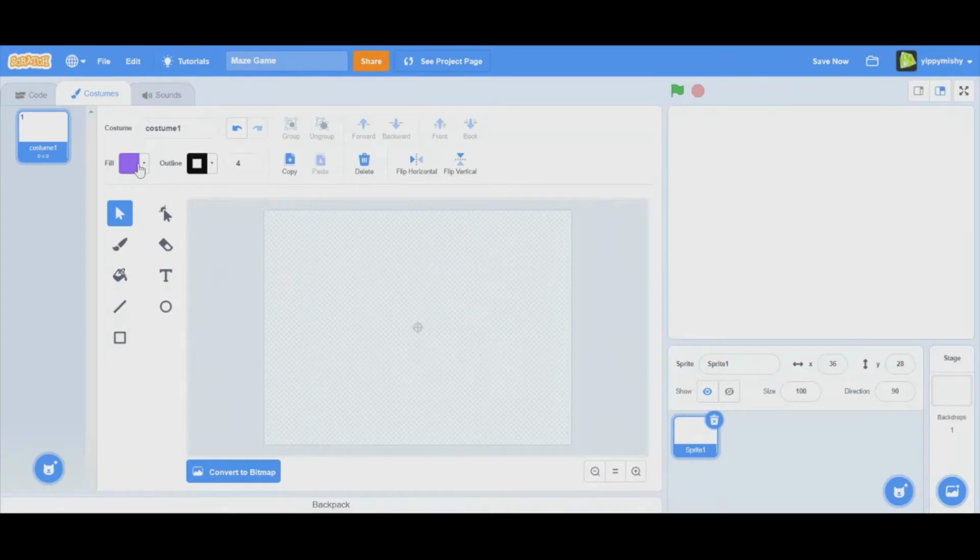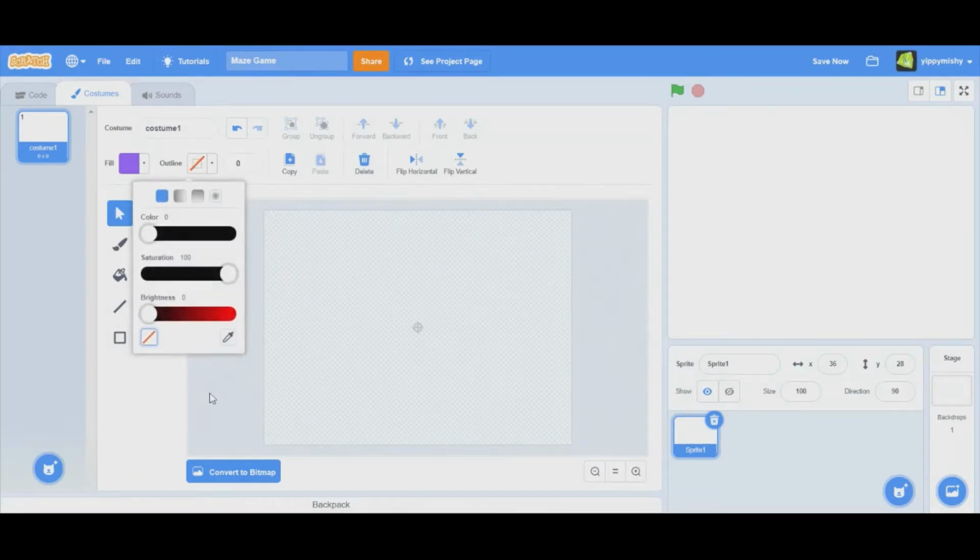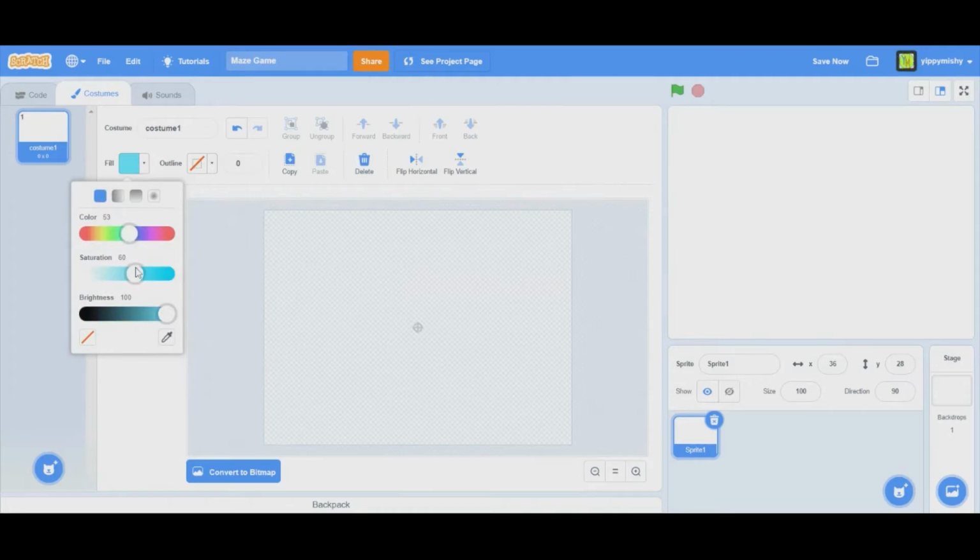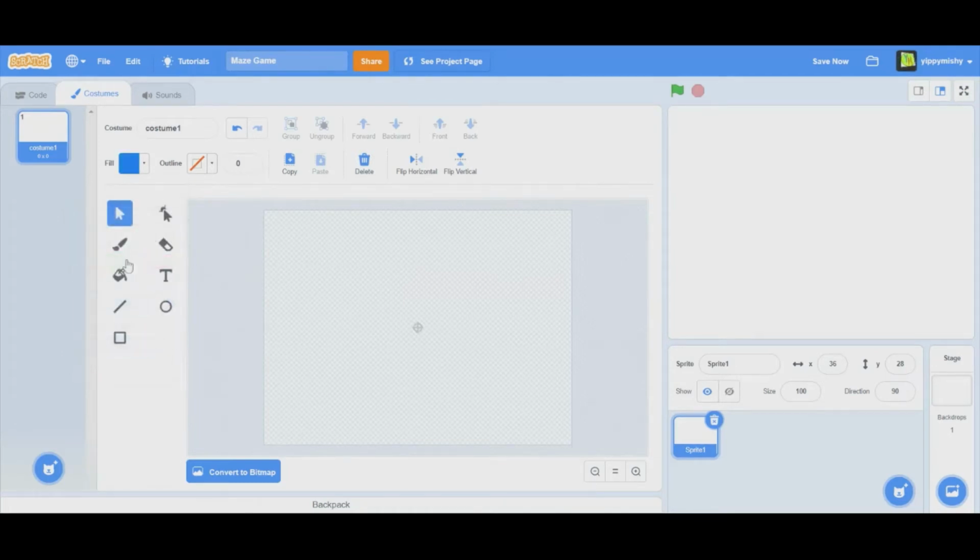And now we're going to draw the circle or the ball that you're going to control and move through the maze. So I'm going to pick a nice color. I like that. And we're going to draw a circle. A tip, if you hold shift while drawing it, then it draws a perfect circle. Don't make it too big, otherwise it won't be able to fit in the maze easily. Make sure that you drag it over the plus so that it's centered, and that'll make sure it moves right. Rename it player.